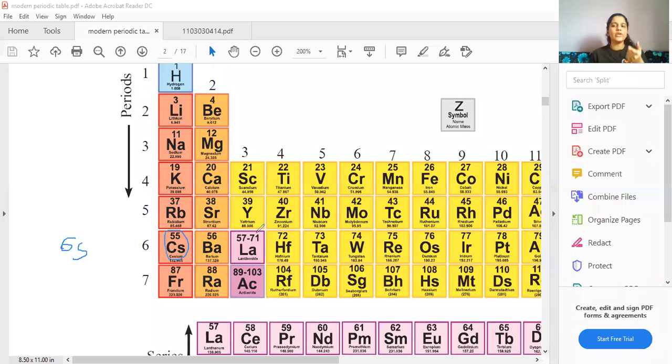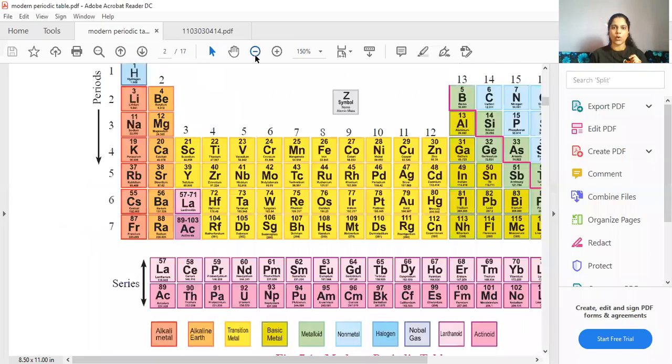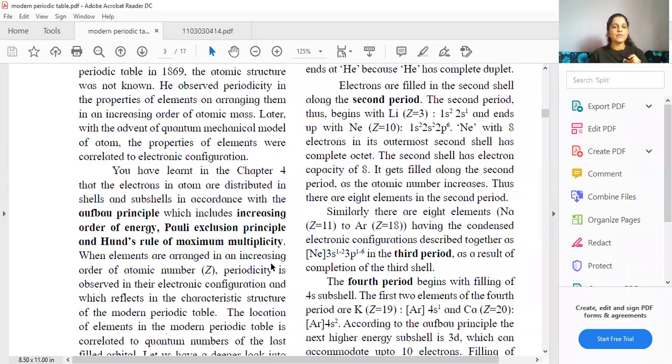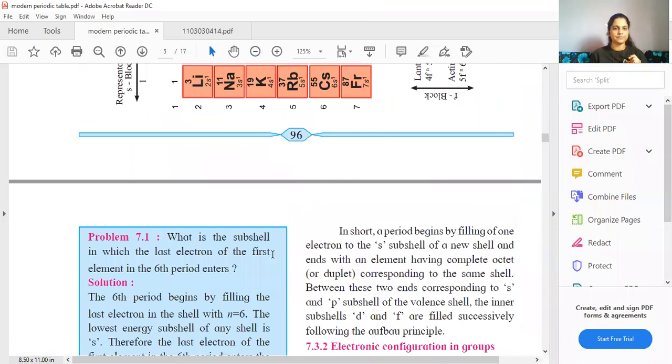Okay, it kind of makes sense because we are in the sixth period. So obviously the valence shell is going to be shell number 6, right? So that kind of makes sense. So here in cesium, the last electron will go to 6s. So we will have 6s1. Okay, now how did I directly come to know, without writing the configuration, that it is s1? For that we need to do some more topics, so you all will be more clear with it. Let us see what they have written over here in the solution.